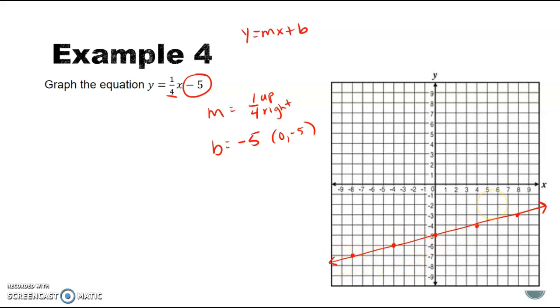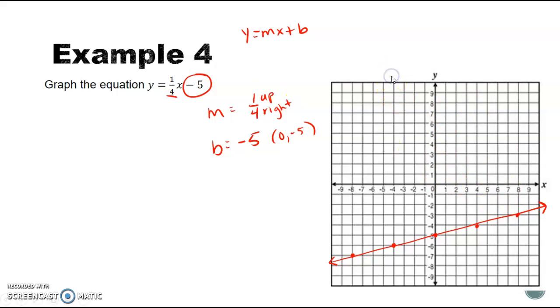So from there we draw our line, and we have now graphed the equation using what we know about slope and y-intercept and how they relate on the graph. And so this should be easier or faster than using a table of points. All right, so